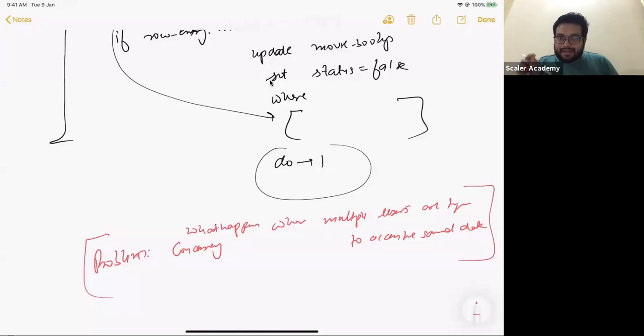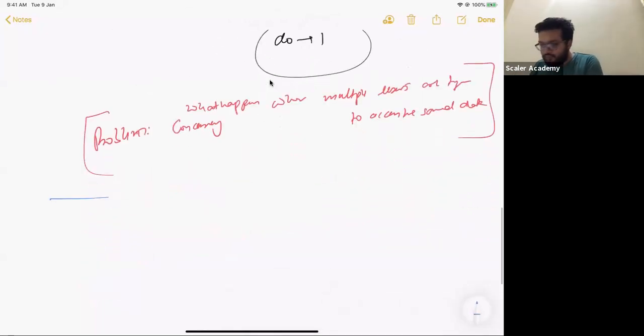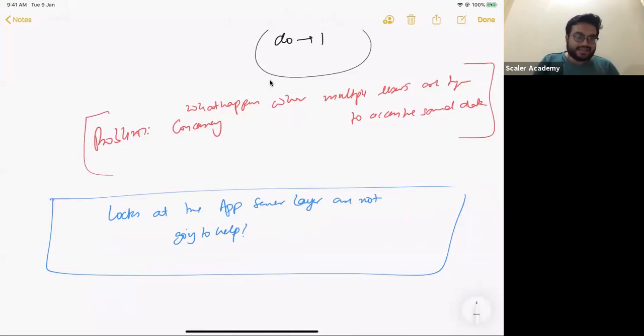Now you try to understand. If a lock at the app server level does not make sense, do you see a lock at some other layer making sense? So let me just write one thing here. That one thing that all of us in the class are fine with, we are comfortable with writing, that locks at the app server layer are not going to help. Cool. Now I see several of you replying that yes, that makes sense, that at the app server level you will not be able to have a working lock which is going to solve this problem.